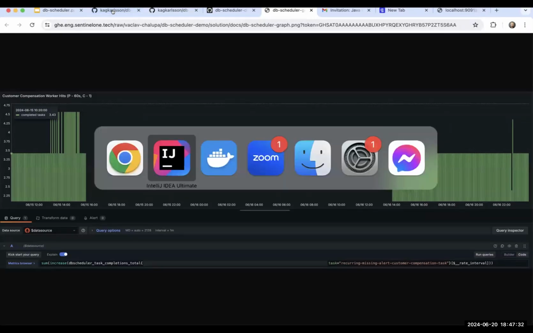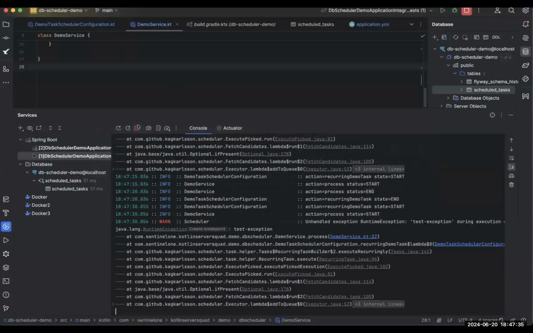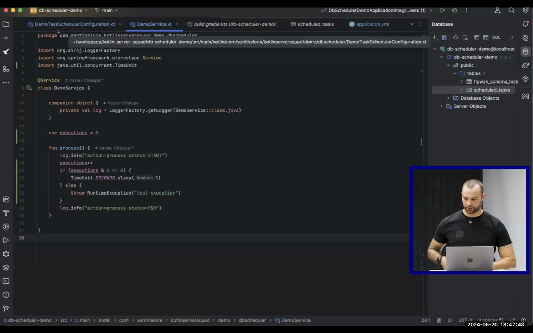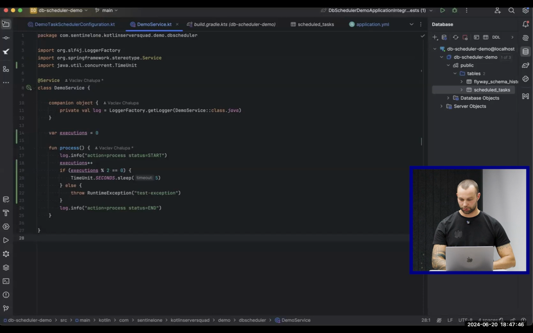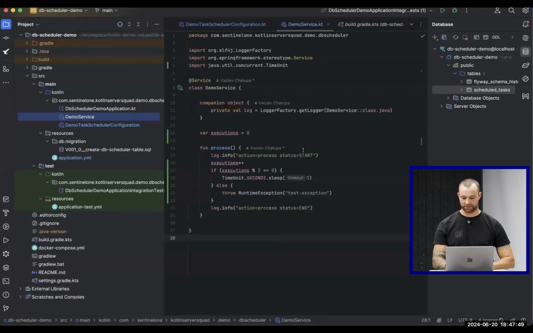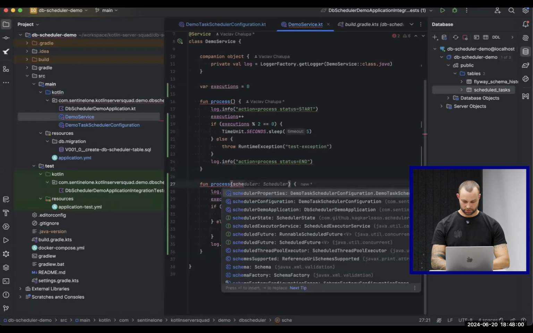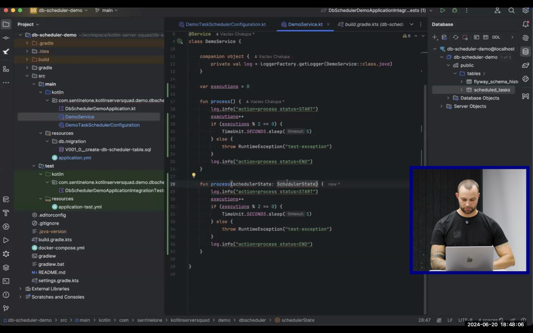Okay, so let's stop it. Last but definitely not least feature of DB Scheduler I would like to show you is some integration with the scheduling context. So I will prepare another function here, but I would like to get the scheduler state,